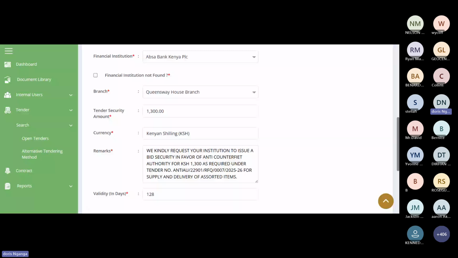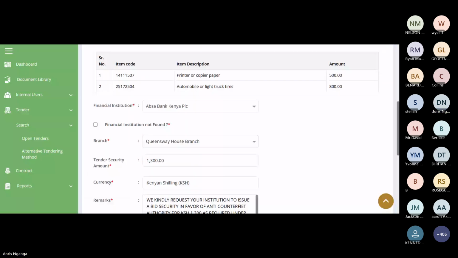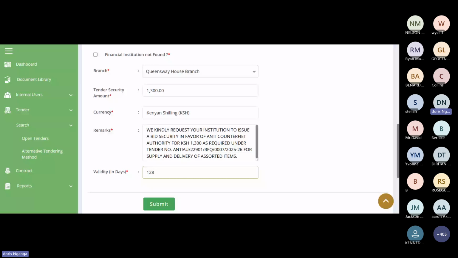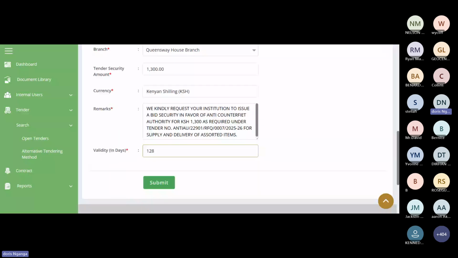So the validity, as it was, I think it was 97, 98. So I have added the days I require the bid validity period, and I say submit. I hope we are comfortable. We have all understood that part. Kindly, if you have questions, you can ask the questions in the chat box, and our officers are responding to the questions. So you can ask them for clarification on any stage that we are doing.